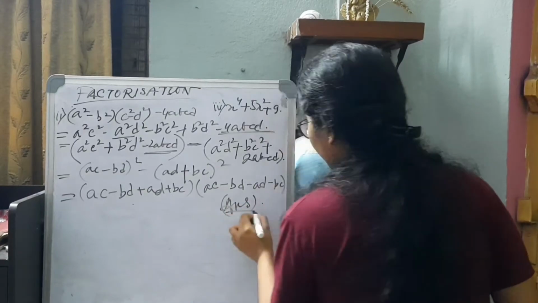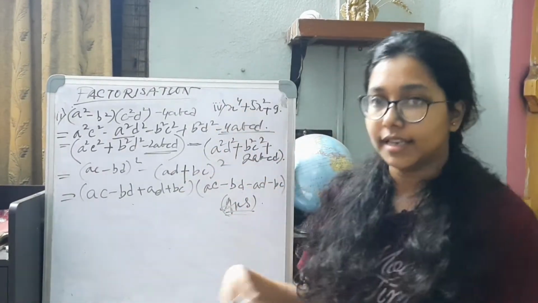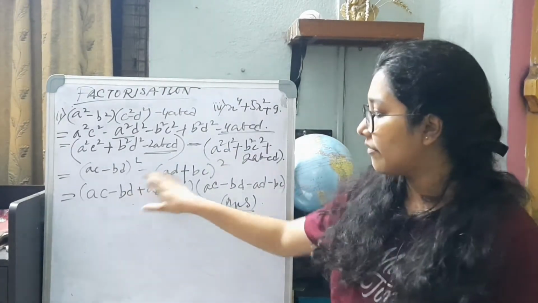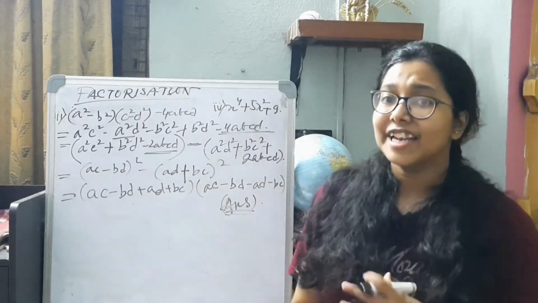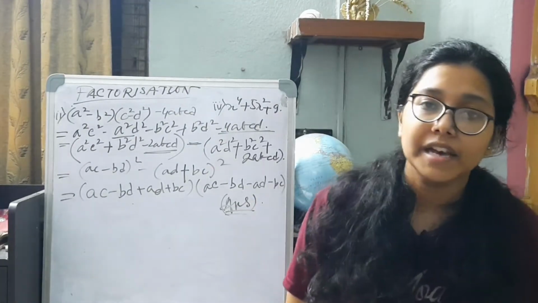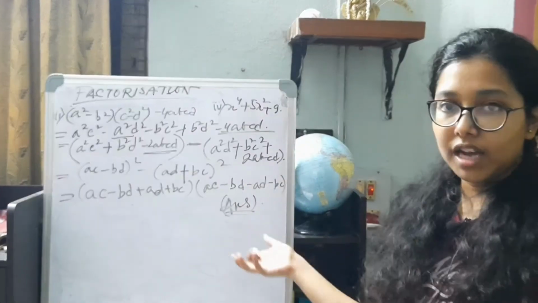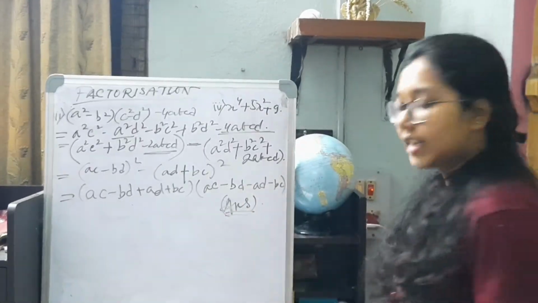Sometimes it also happens that you can again take a common factor and reach a next step. So always verify that. It may seem that I have done the difference of squares and it's done, but it may happen that there are next steps to the question as well. Okay. So copy this down, know this, solve it without seeing, and this will be done very well.